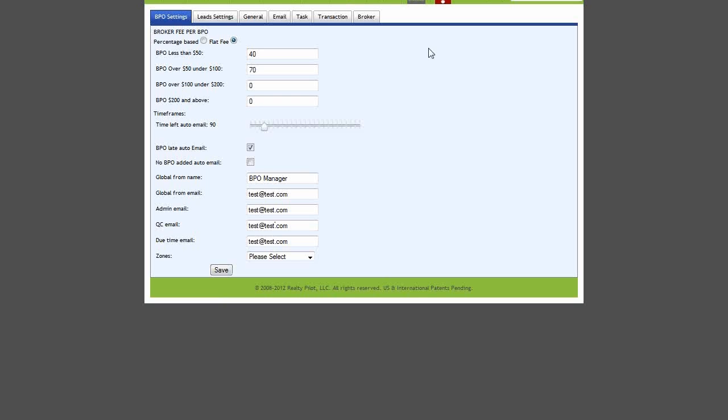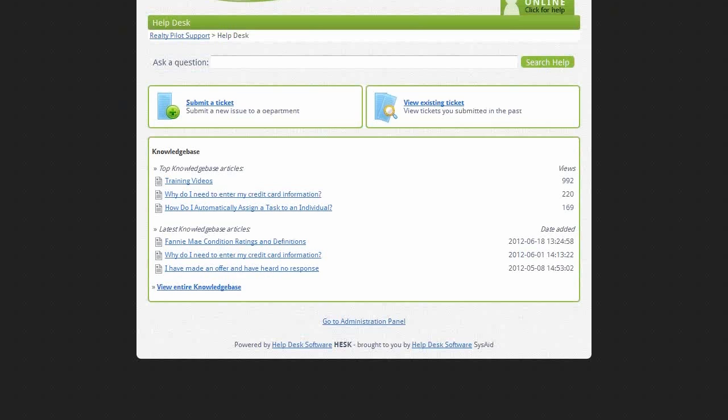Last but not least, we'll go over our Support tab. Under the Support tab, we have quite a few different resources for you as a customer if you have a question or need some additional training. Number one being our knowledge base. Our knowledge base is simply a collection of articles on varying topics. You can type in a topic,